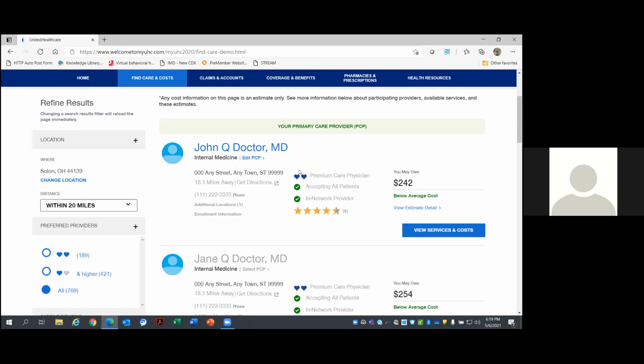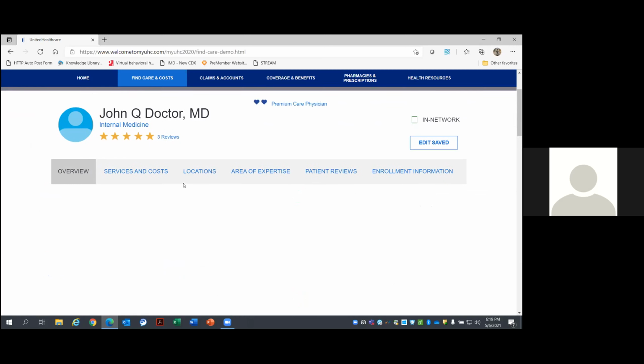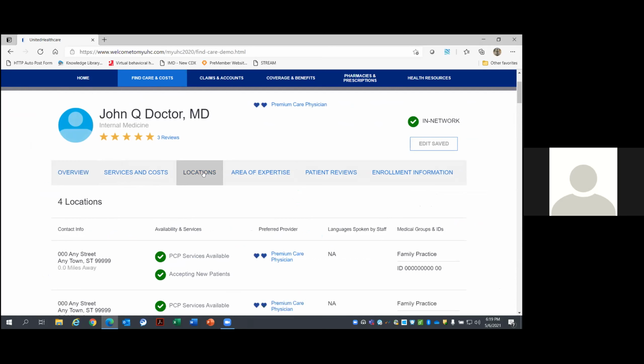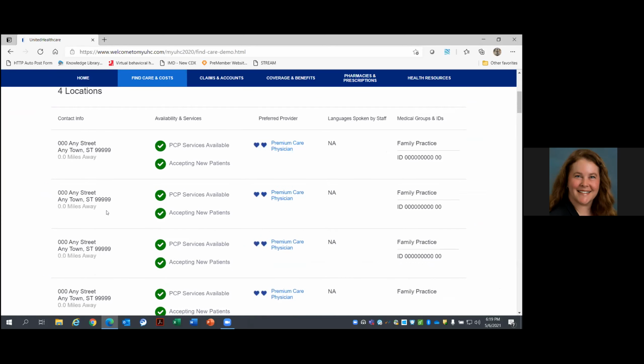So like any other online directory, we're going to have all the provider names linked here. If you want more information, you can click on their name, and it's going to take you to this overview section where it's going to give you information on their primary address, how to contact them, the website to their specific hospital. If the provider does practice at multiple locations, you can get this information in the location screen. It's going to list out all the different locations that they practice under. If you want to look at patient reviews, we have that information, areas of expertise,